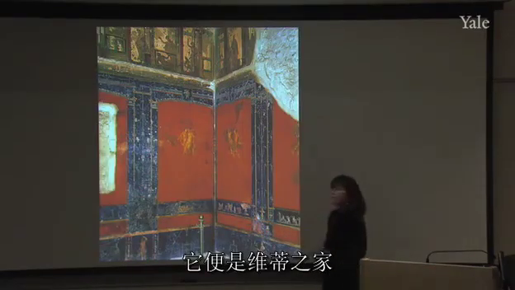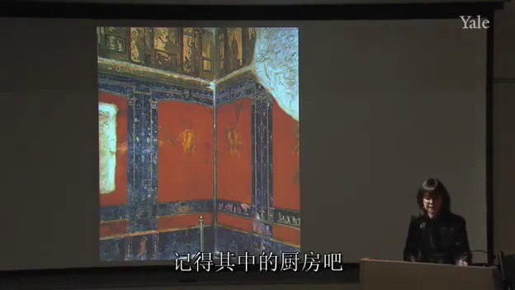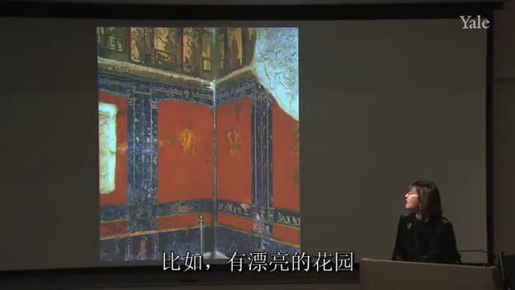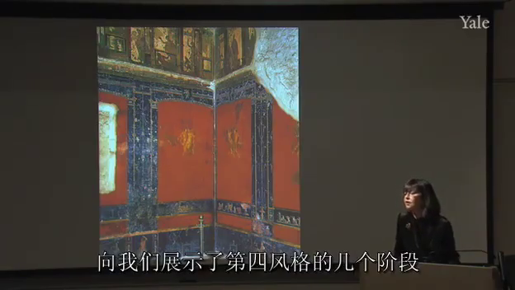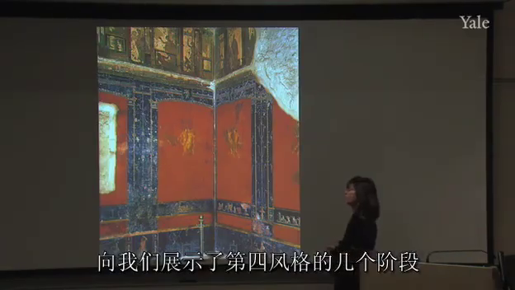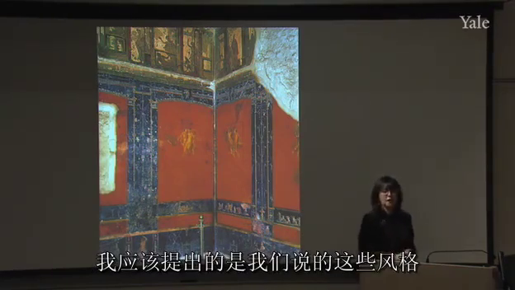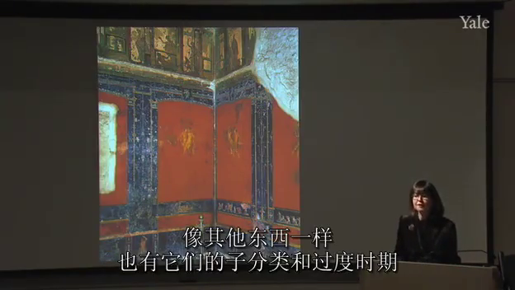It is the house of the Vedii. You'll remember the kitchen in the house of the Vedii, for example, the wonderful garden that we explored there. It is also a house that has an incredible array of paintings, and it shows us several stages of the fourth style. And I should mention also that while we call these styles first, second, third, and fourth, as anything else, they have substyles